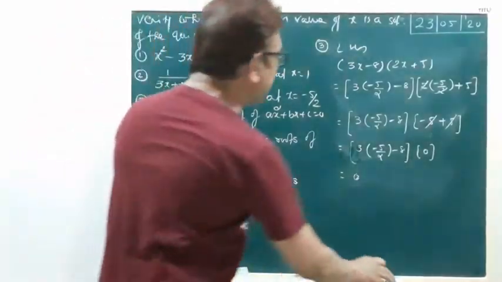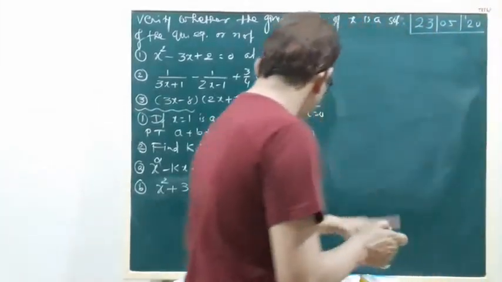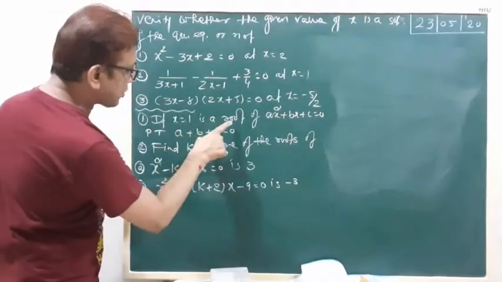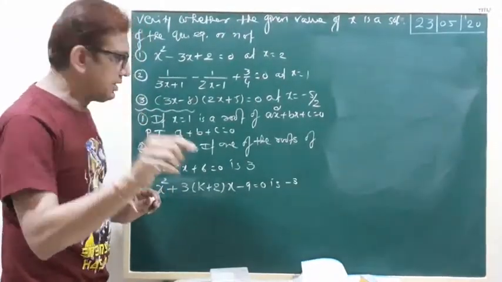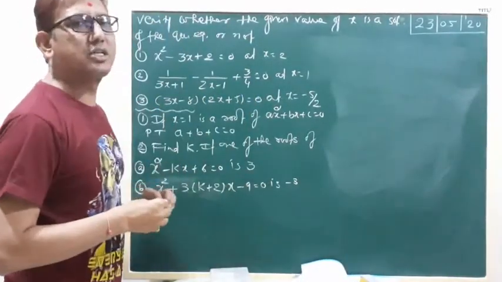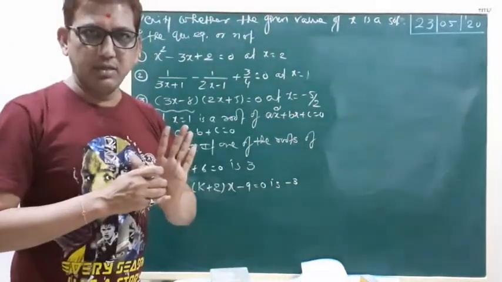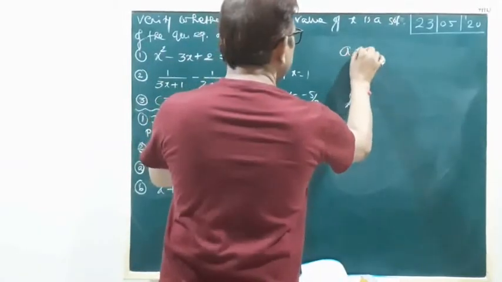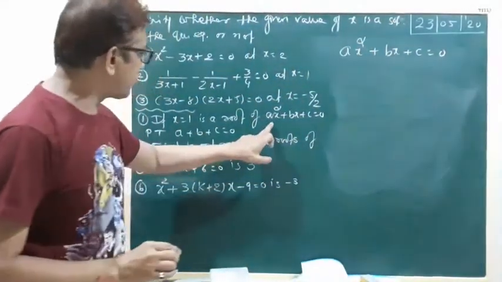Now the converse of the method. Which one? Look at the question: if x equal to 1 is a root of this quadratic equation. Here in your question, x equal to 1 is given for this quadratic equation. So we are accepting the right side equal to 0, not LHS equal to RHS, but the quadratic equation equal to 0. Our equation is ax square plus bx plus c equal to 0. This is our quadratic equation.